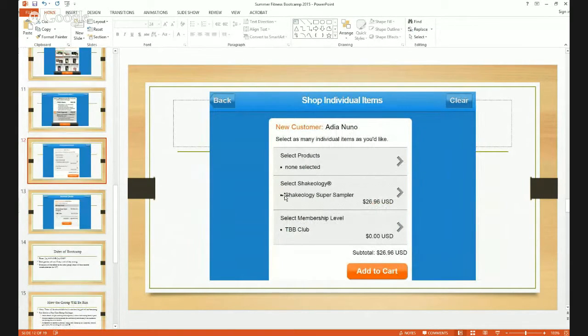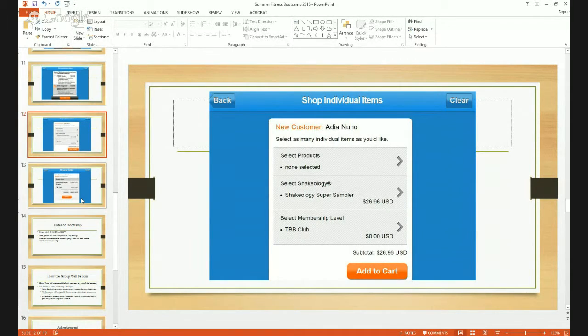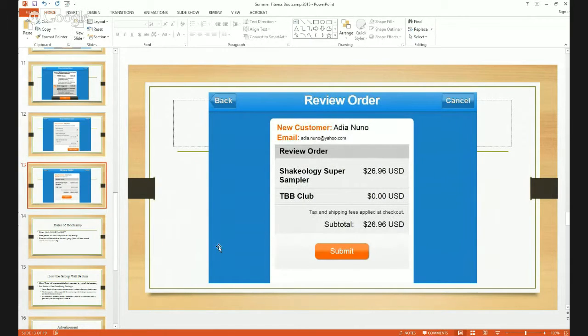So now you can see I've got the Shakeology Super Sampler. I've got the Team Beachbody Club at $0, so I'm only paying for the sampler. Okay, add it to the cart, and then your cart looks like this. Again, it shows the sampler, the club, and the total. Tax and shipping will be applied